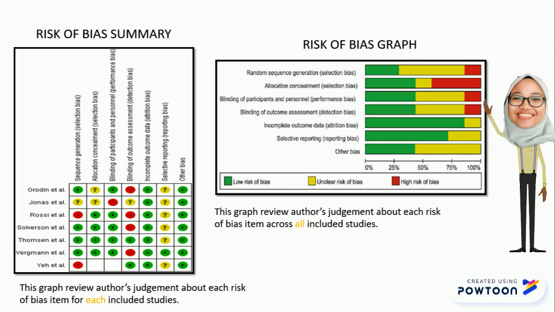Lastly, for the other bias domain, it has low risk of bias if the study appears to be free of other sources of risk, but if there is an issue such as recruitment bias happening in a cluster randomized trial, the other bias domain has